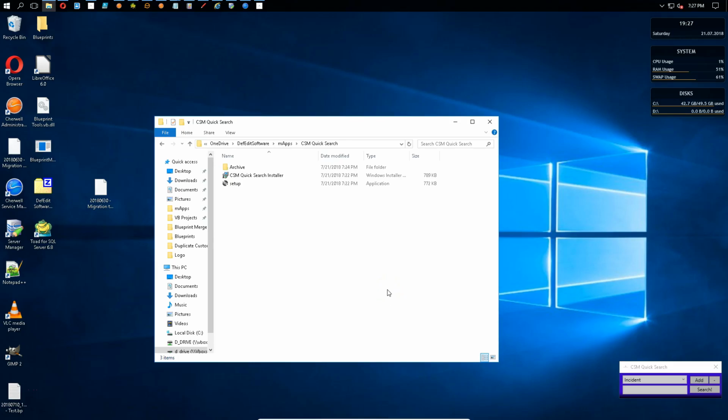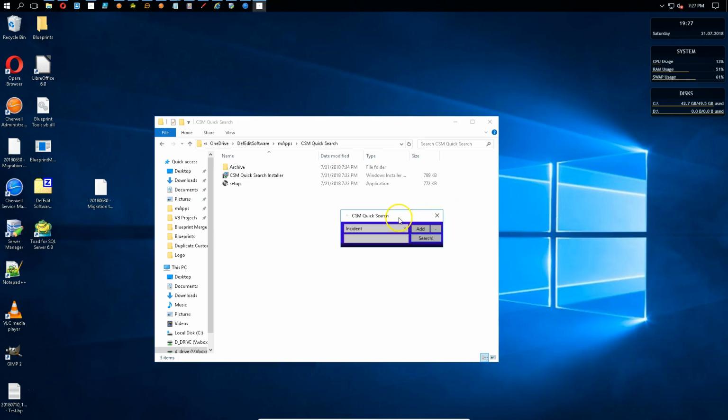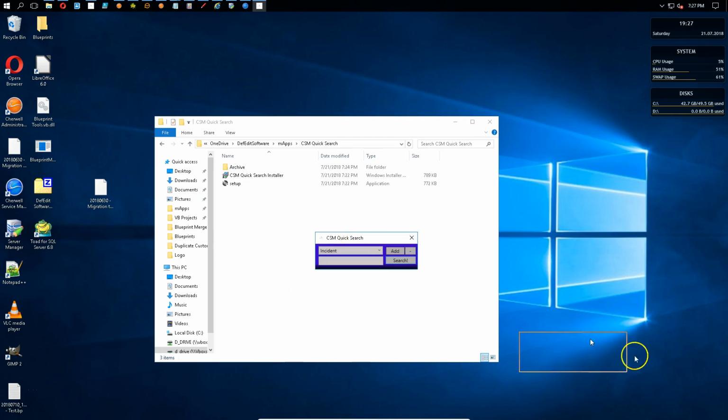Hi, this is Douglas Robinson with DefEdit Software, LLC, and in this video we're going to be demonstrating a new application that we've built that we'll be putting on the mApp Exchange, and it's this tiny little window here titled